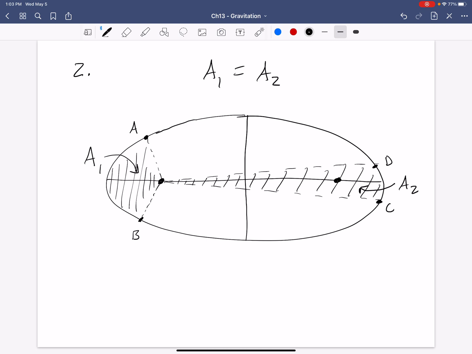Remember, these are planets, or they could just as easily be comets around the sun, any satellite, anything in orbit around another object. In the case of planets, that's the sun right there. So when the planet is at position A and B, it's much, much closer to the sun than it is way out here at C and D. So the gravitational force at these positions is stronger than it is over here. If the force is stronger, guess what? It's going to be accelerating at a greater rate. It's going to be changing speeds at a greater rate.